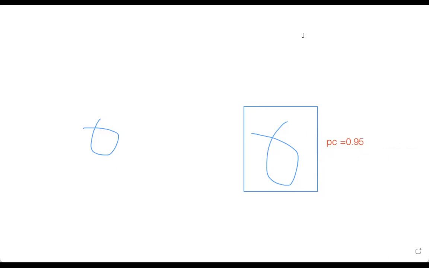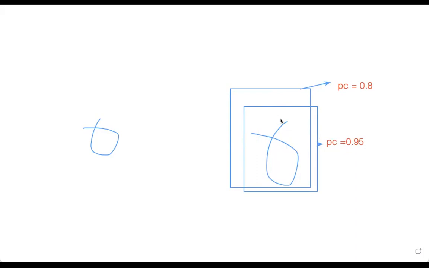Then we have other bounding box here. So this one has PC values equal 0.8, for example. Then kira-kira yang dihapus yang 0,8 atau 0,95 ini? 0,8, ya. Karena kan kita pilih yang 0,95 ini kan, ya.